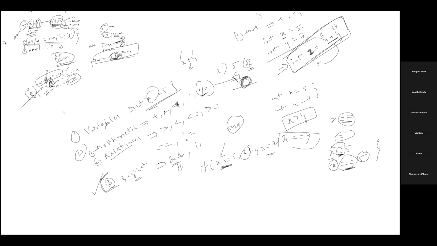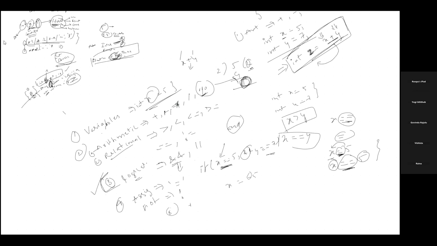So we have logical, then we have the assignment operator that I have shown you. Assignment operator is just one equals to. And there is a not operator, which is the exclamation mark. And we have unary operators like plus. For example, x is equals to -5. The minus is a unary operator. And we have increment, decrement. So increment, for example, I have assigned value x is equals to 5. Now I want to add one value to this. I want to do like this. X is equals